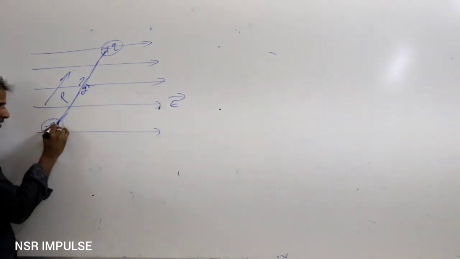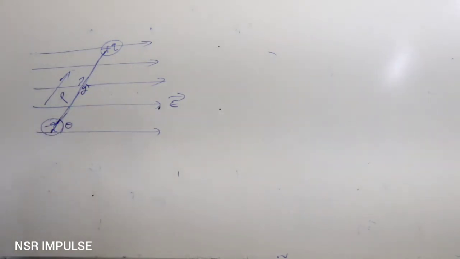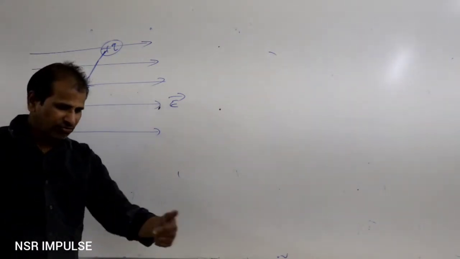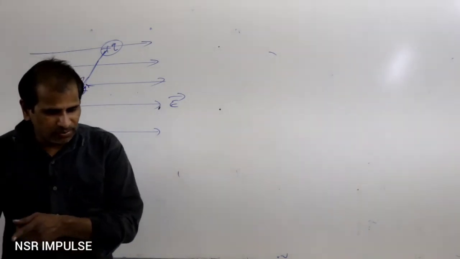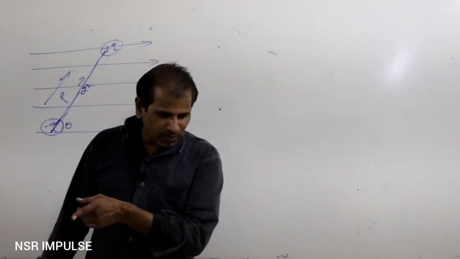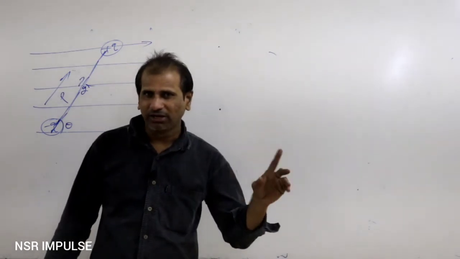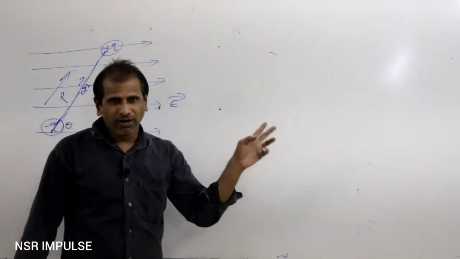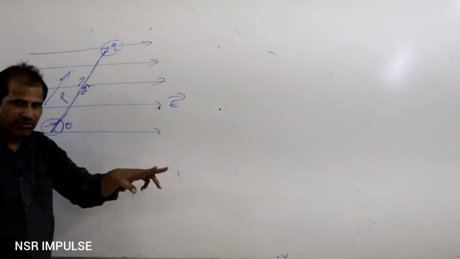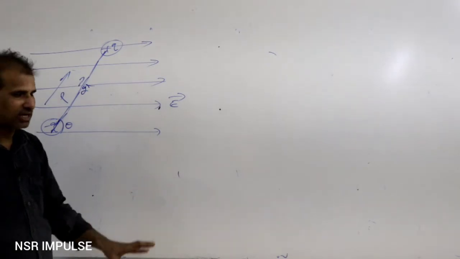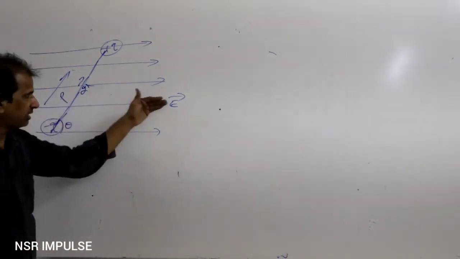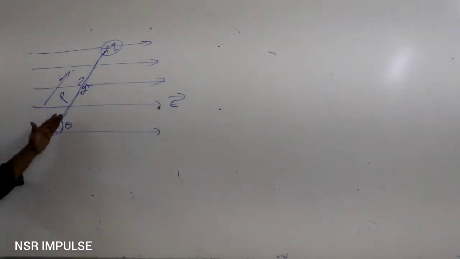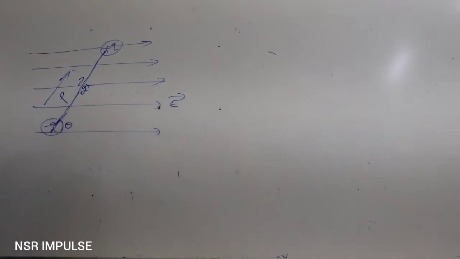What is the angle made by this dipole with the electric field E bar? If you see the previous two cases, in the first case the dipole is placed in such a way that the dipole moment is parallel to the electric field, and in the second case the dipole moment is perpendicular to the electric field. But here the dipole moment is inclined to the electric field, making an angle theta. So this is the electric field and this is the dipole moment, making an angle theta. So the dipole moment and E bar are at angle theta.